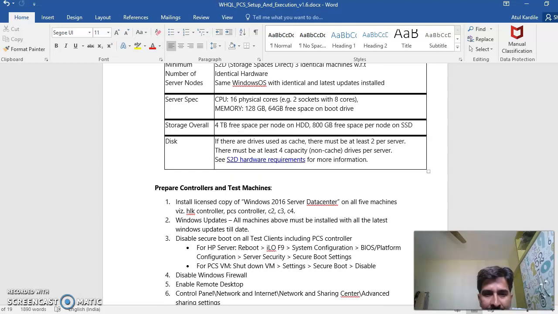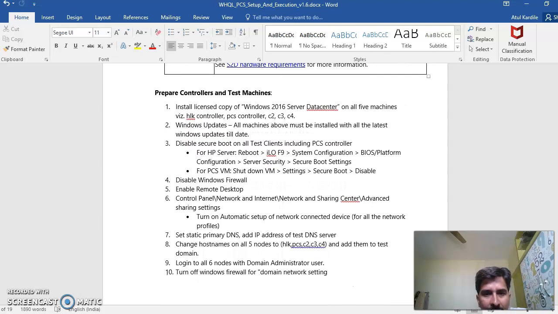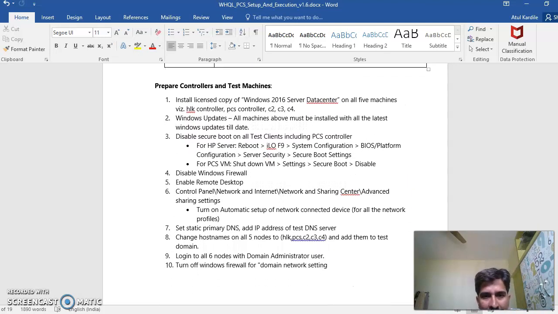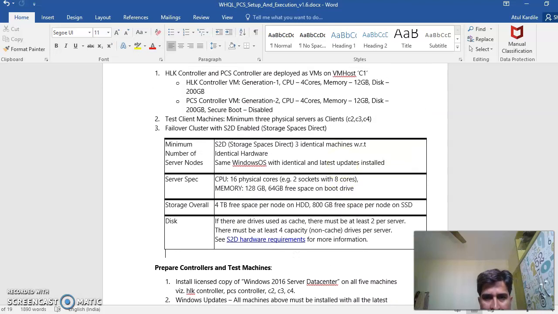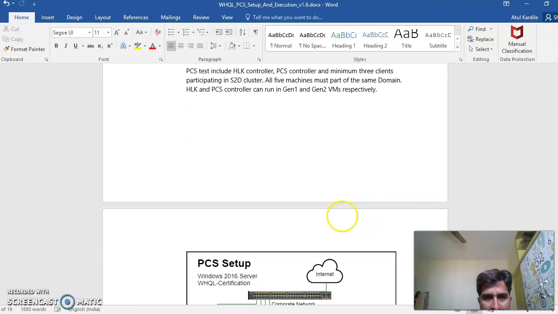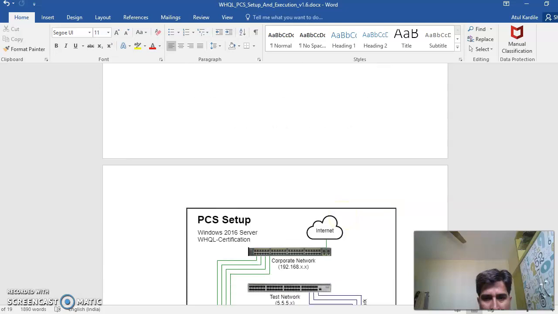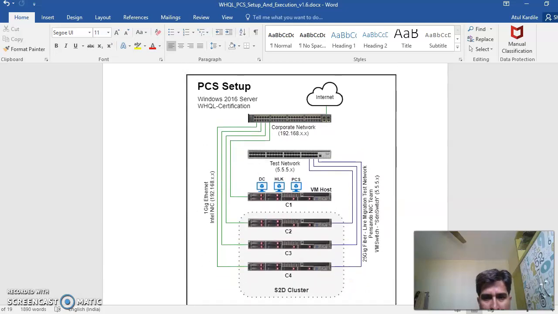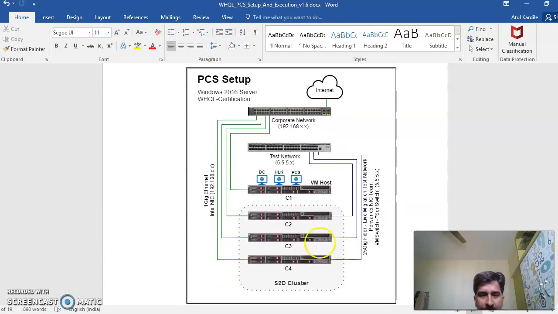Now moving on to the common installation. Maybe in the next video I will talk about preparing the controller and test machines, all the nodes that are there in the setup for PCS. Here we go.